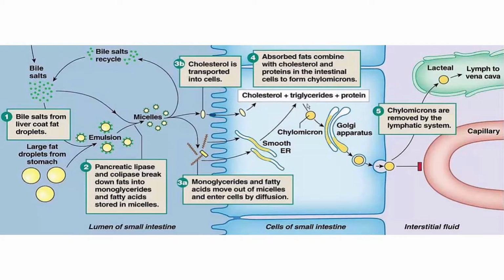And then they will pass through both the endoplasmic reticulum, the smooth ER, and then the Golgi apparatus to be packaged once again, or not packaged once again, but packaged for the first time really into this chylomicron. And again, there's kind of such a process here, both in the emulsification or breakdown of the fat droplets and in the packaging before ultimately entering lymph, which would then go into the blood system,